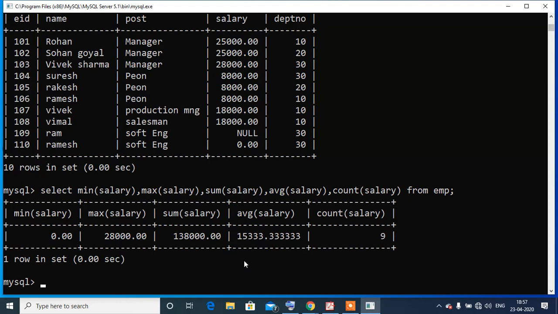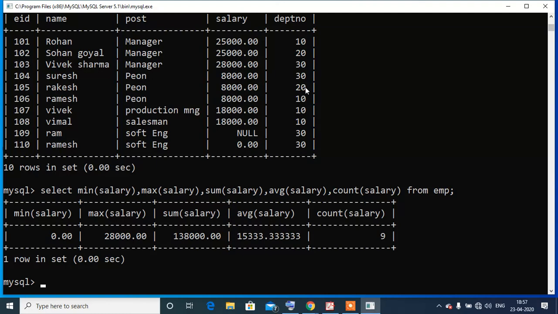But suppose we want to see the same record according to the department. From this example you can see we have three valid department numbers: 10, 20 and 30. Now we want to see the same thing but according to the departments.